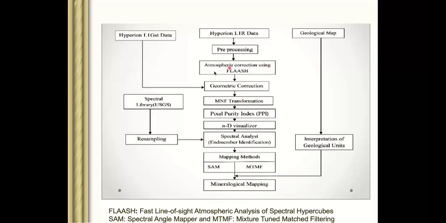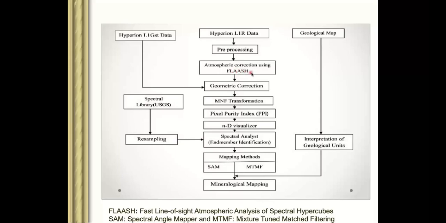So how to get that full signal, or how to get that full reflectance? For doing that, we use an atmospheric tool called FLASH. It's Fast Line-of-sight Atmospheric Analysis of Hypercubes. We call it FLASH because it is easier to say. So we use FLASH for the atmospheric correction, so that we can quantify how much reflectance is lost due to ozone, how much is lost due to water vapor and due to aerosol. We calculate the loss, and then we add it to our actual hyperspectral reflectance to get the real values.